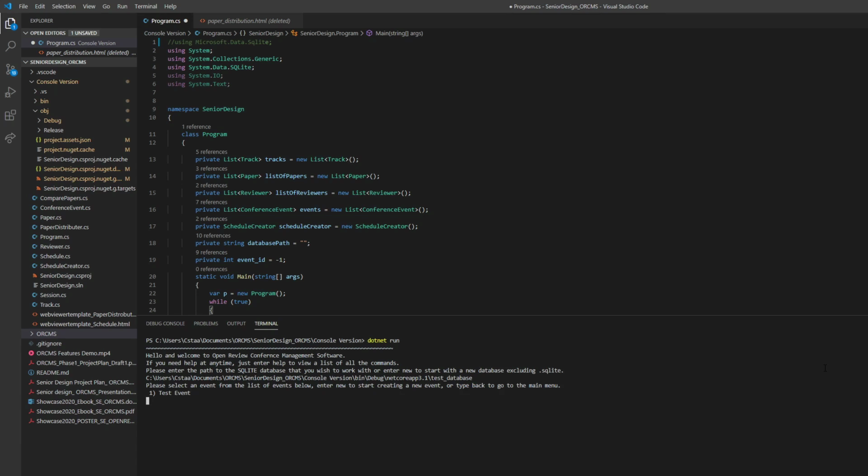Now it asks us if we would like to create an event or use one that we have already generated. For the sake of time, I will use one that is already generated. Next, we will distribute papers to reviewers,